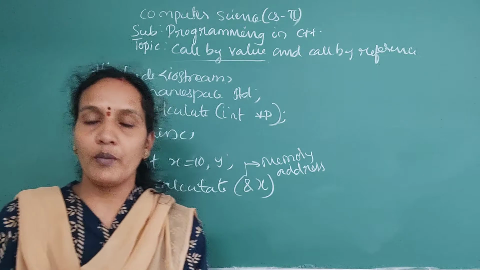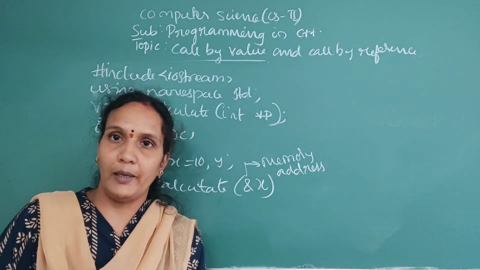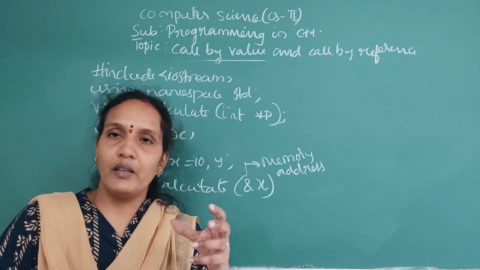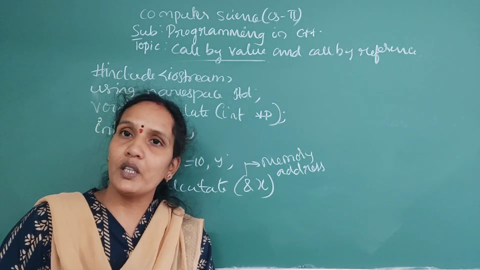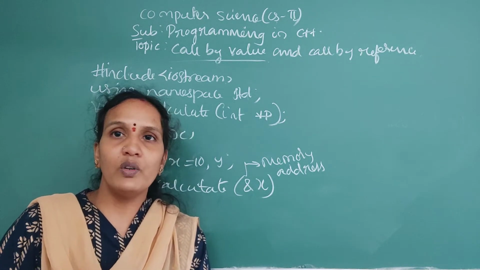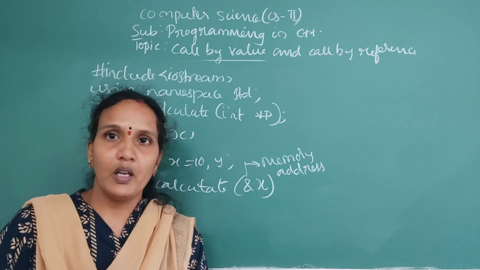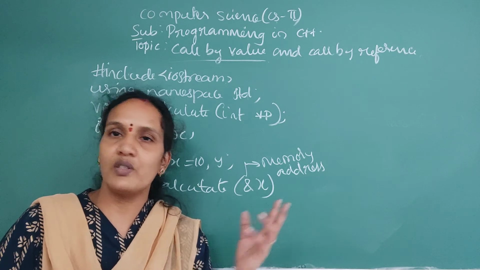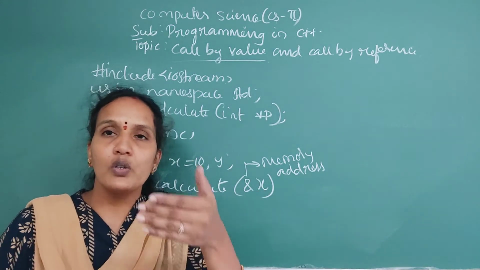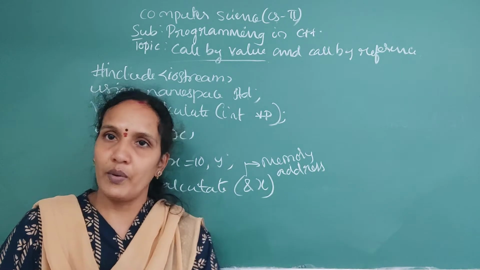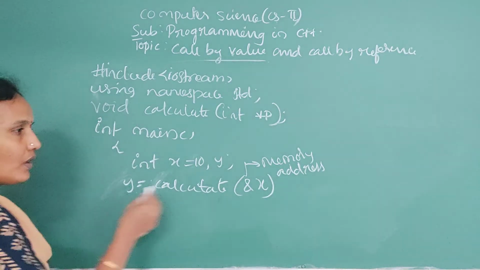Previously in call by value, I gave the value directly, no? When the value is given directly, the user defined function can take that value and use it. But when the user defined function execution is over, whatever basic value was there will be written back in the memory. So the value is not changed using call by value. But if you are using call by reference, you are using the memory address, so whatever variable value was in that memory address, you can modify by using call by reference.